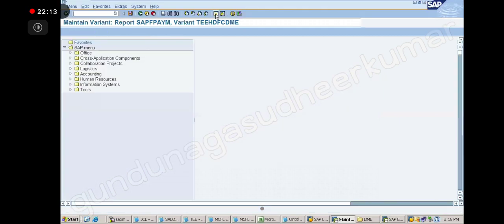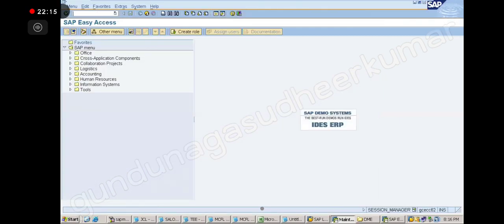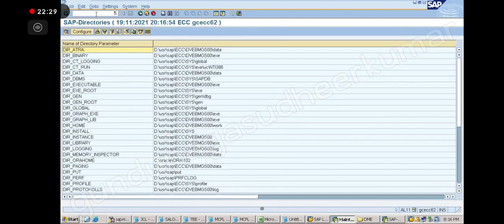Open another screen, and here there is a T code, /n AL11. AL11 T code will be there. You have to update it in the AL11 directory. So whatever folders, whatever directories we have, they are all here. You should mention that here. Okay, note down. Go to AL11.